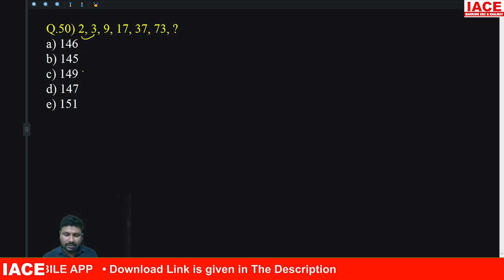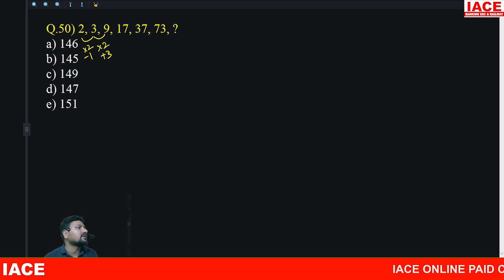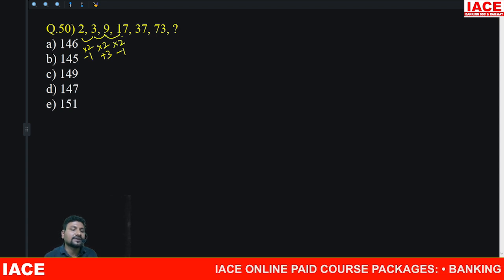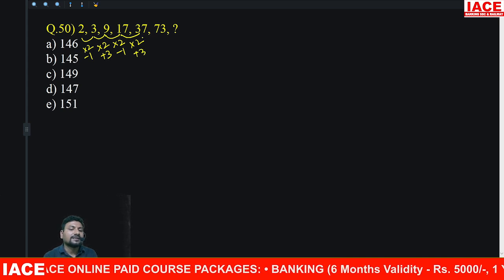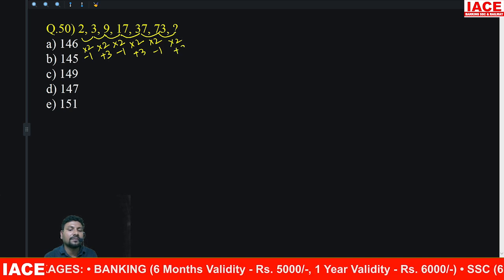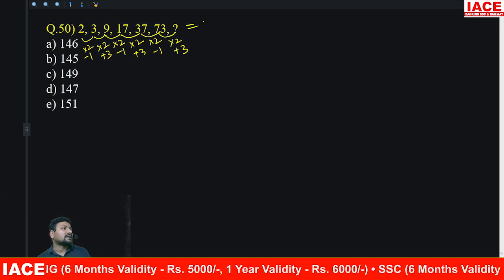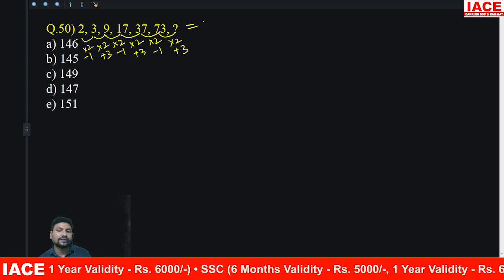2 to 3 gap is how much? 1. Okay. So it's following such a different pattern. Into 2 minus 1. 2 2s are 4. 4 minus 1 is 3. Next is what? 3 into 2 plus 3. Next one is into 2 minus 1. Next into 2 plus 3. Next into 2 minus 1. Next into 2 plus 3. Common terms is a multiplication, but removing adding by minus 1 plus 3 minus 1 plus 3.